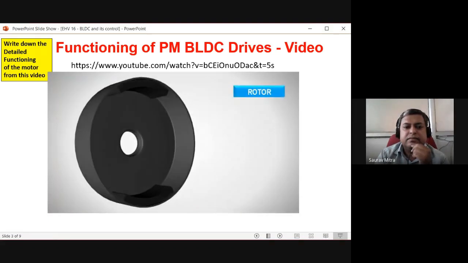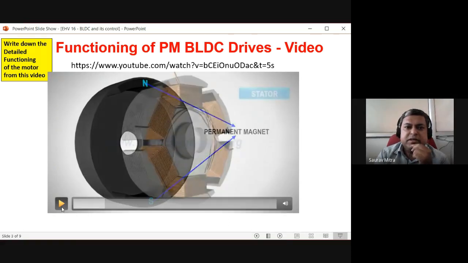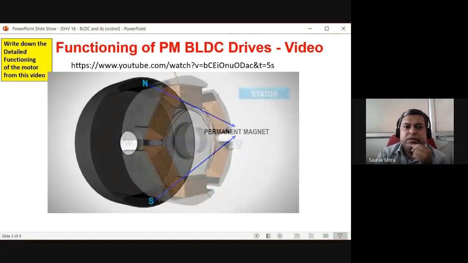The rotor of a BLDC motor is a permanent magnet. The biggest difference of the brushless DC motor here is that we are using a permanent magnet brushless DC motor, so it is called PM BLDC. In the back, in black, what you are finding is the rotor, which rotates. So here the stator is inside and the rotor is outside. There is a very big difference.